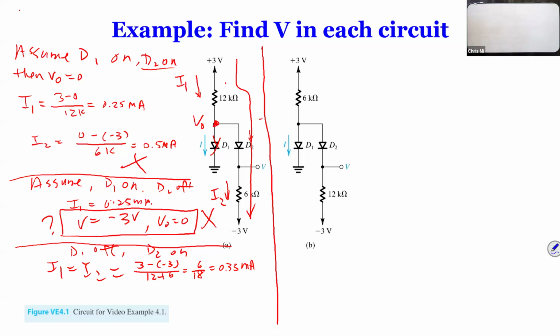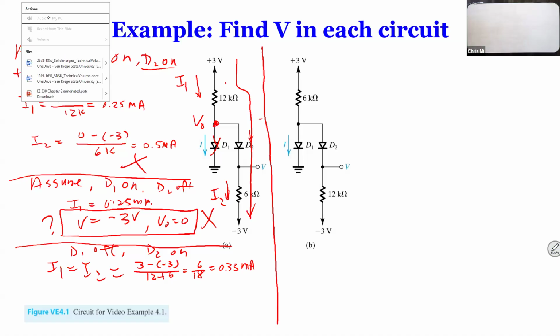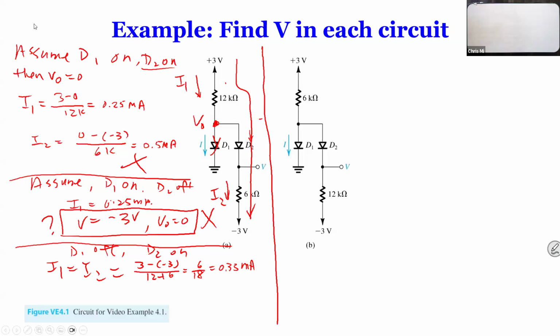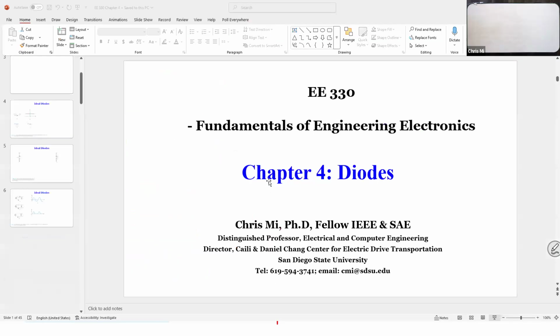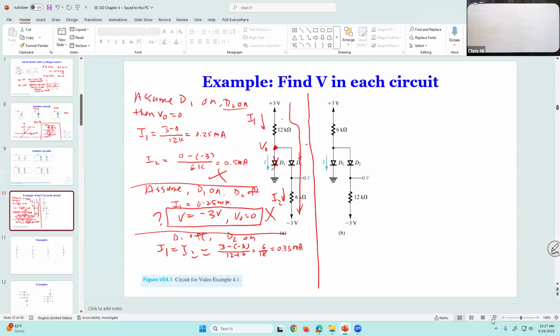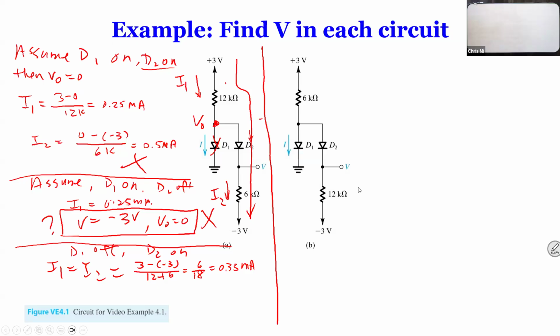VO is going to be, you take the current and subtract the 12K drop. VO is 3 volts minus... Oh, what happened here? Or alternatively, add the voltage. -3 volts. Something is not right. Let me restart. So VO is going to be 3 volts minus the voltage drop on the 12K. Or you can do -3 plus the voltage drop on the 6K. Both are okay. So VO is going to be 3 volts minus 12K times